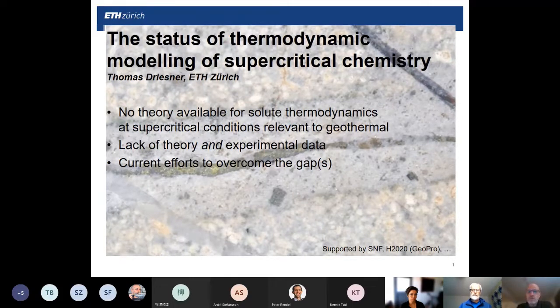Now, the problem that we are facing is we cannot model this chemistry very well. Those of you who were there yesterday saw Eric Sonnenthal's talk, who showed the dilemmas you're facing when you try to do reactive transport. And it sounded a bit like we don't have enough experimental data. That's true. But what I want to highlight here is that we are facing a much more fundamental problem,